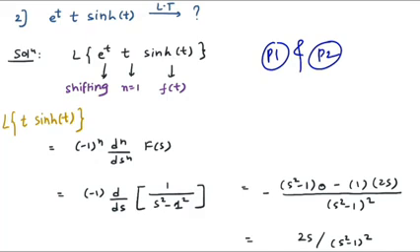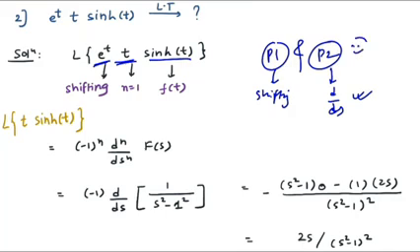How to start with this question? See, the very first point, this is my function f of t. Here the value of n is 1, and this part will lead you to the shifting part. So according to property 1 we are doing the shifting. I will do it at the end because it's very easy. But property 2 is the differentiation part. I will do it first. Once I get the answer of the differentiation, then doing the shifting is very easy. So we will use property 2 first. Let us see how we can use that.